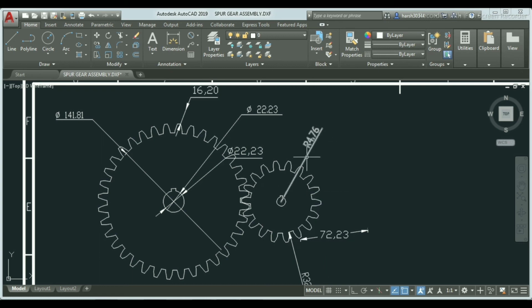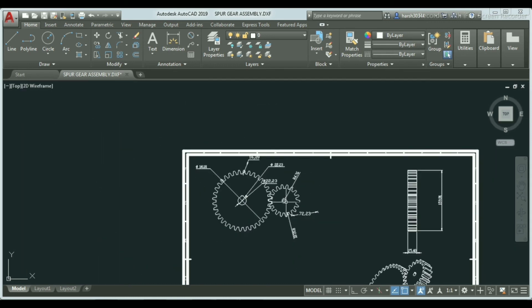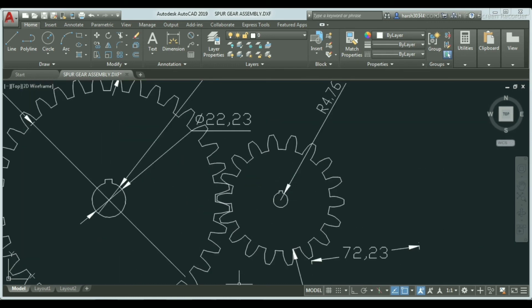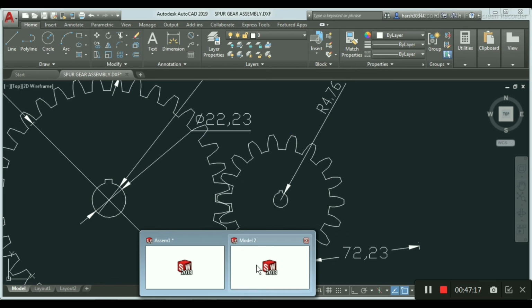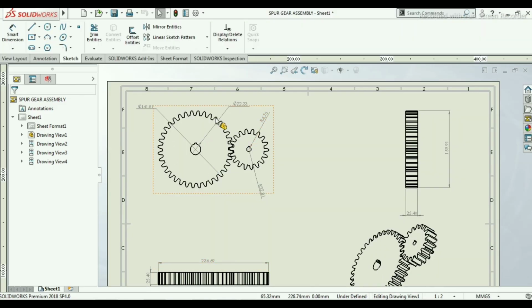We have checked the basic motion results, and finally we have seen how to give font size, how to increase or decrease it, how to change from radius to diameter or diameter to radius, how to increase the cursor lines, and then finally in the sheet format we have plotted the spur gear.